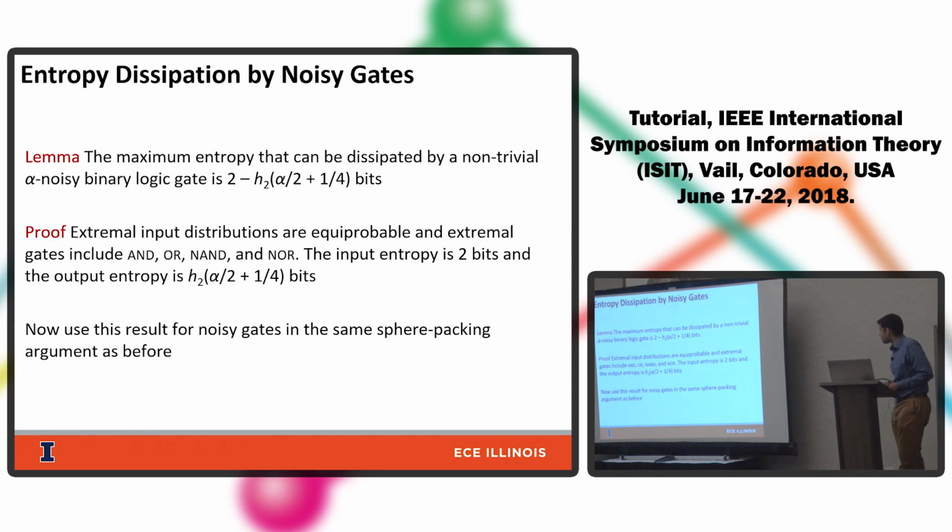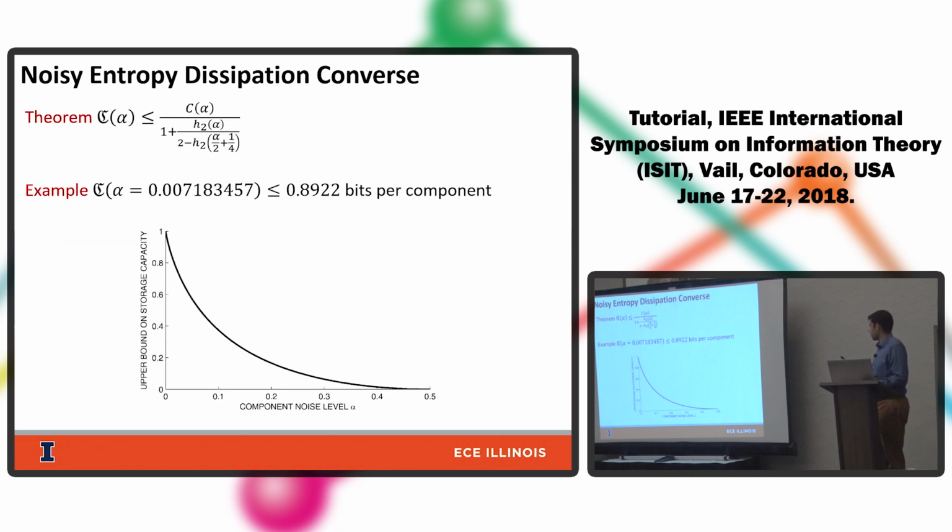Okay. Now we can think through how much entropy is dissipated by noisy gates. And again, we can do that computation. Less entropy is dissipated by noisy gates because they insert their own. And now putting this result into the same sphere packing argument as before, we get another bound on